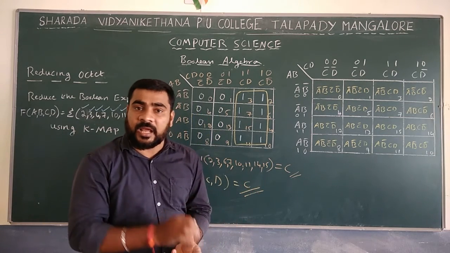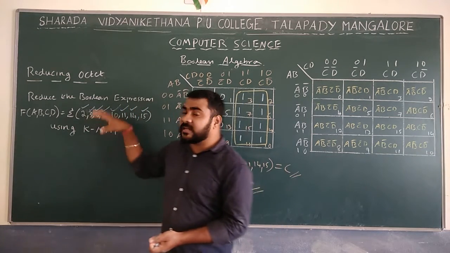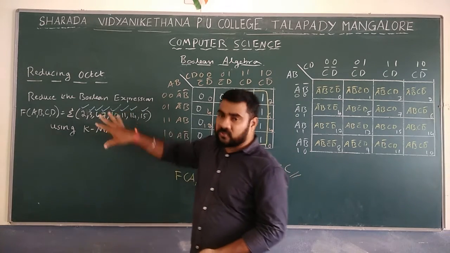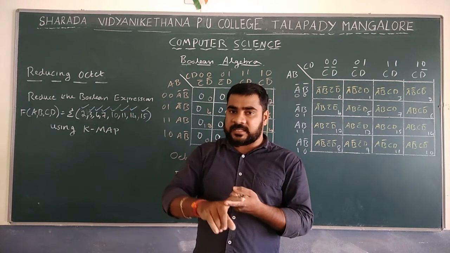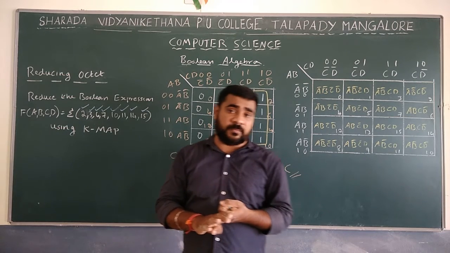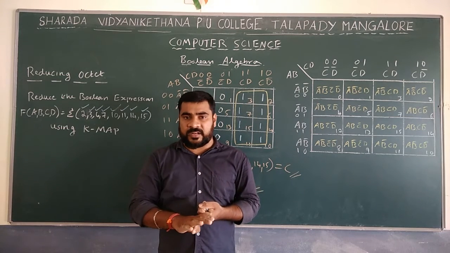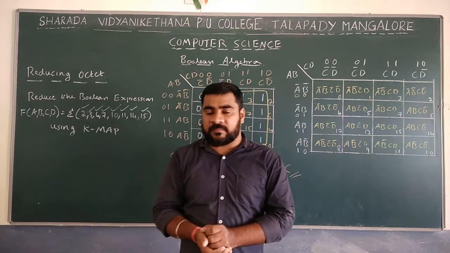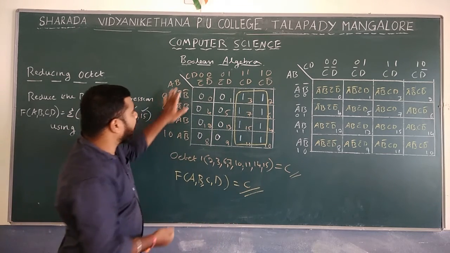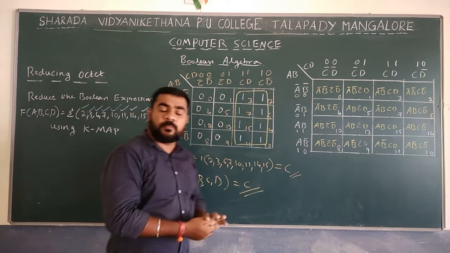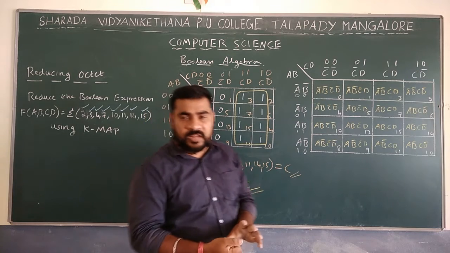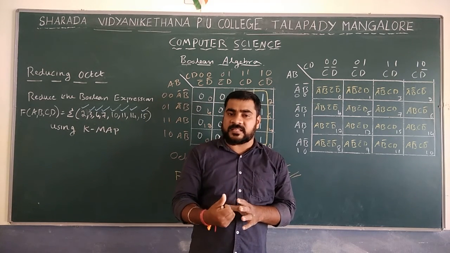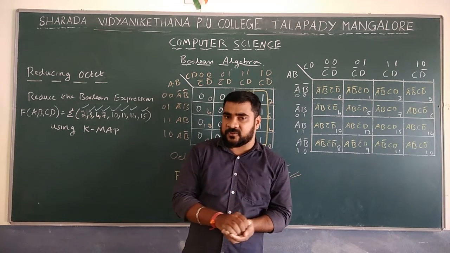So that is mainly reducing using the KMap. We have discussed that whenever you are going to reduce an expression, first take the question. After taking the question, the second step is to find the total number of variables. Whenever 4 variables are there, we have to write the 4 variable KMap. After writing it, based on the variable names, we have to write the cells. Whenever A, B, C, D is there, write A, B, C, D. Whenever W, X, Y, Z, write W, X, Y, Z. That variable name should be written.